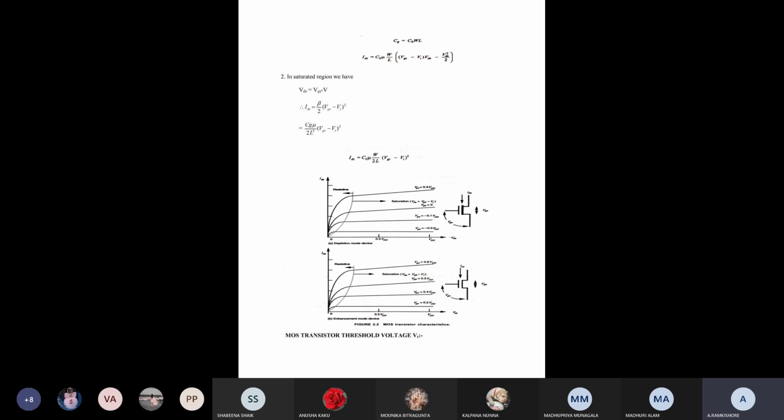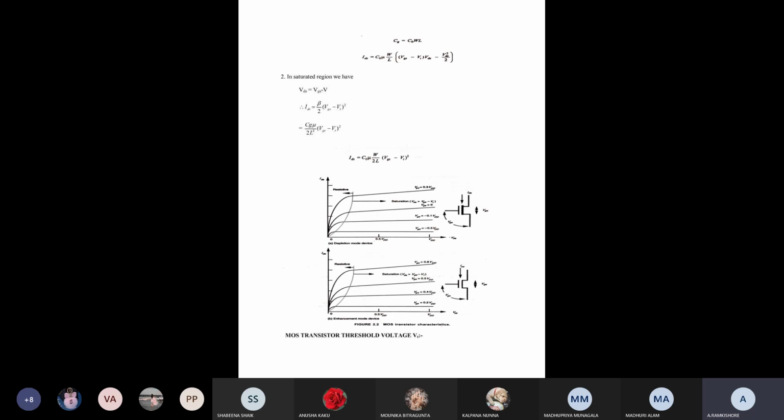So in case the gate capacitance is present in terms of the source to drain, then we get IDS equal to mu Cg by 2 L square into VGS minus VT whole square. This is the amount of IDS current that will be present whenever the device operates in the saturated region. So here we have to see both the non-saturation and the saturation for the enhancement mode and the depletion mode, whenever we maintain a constant VDS voltage.